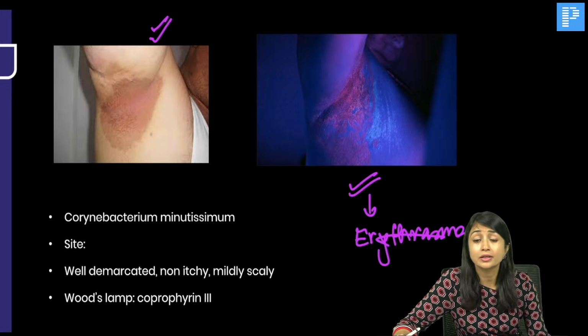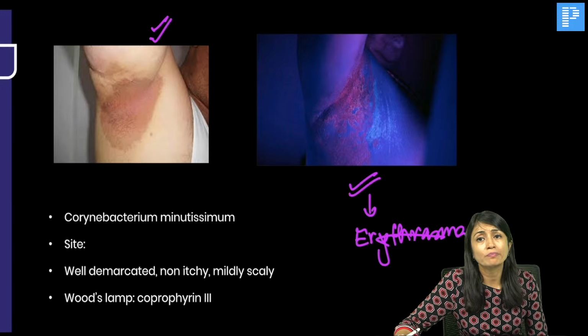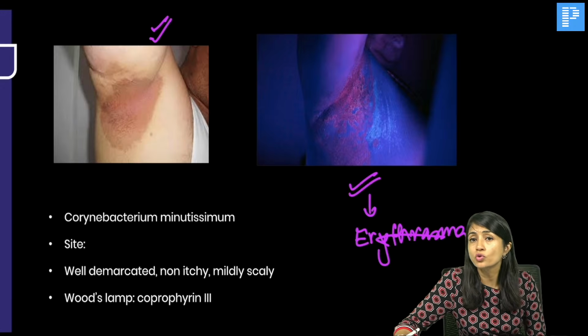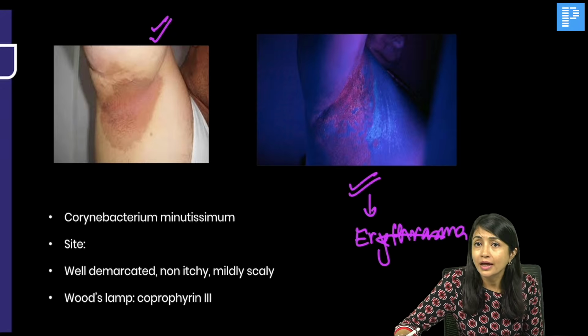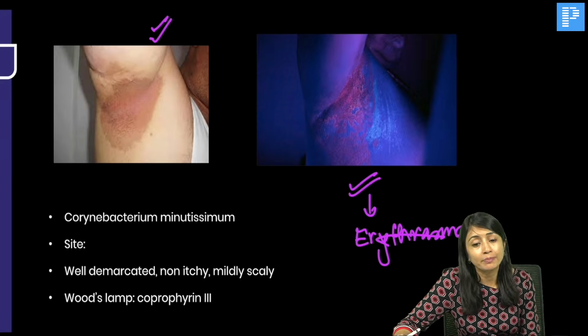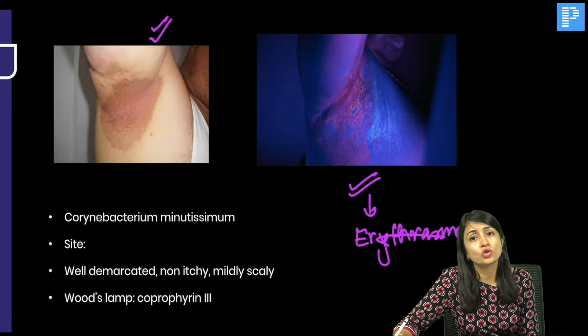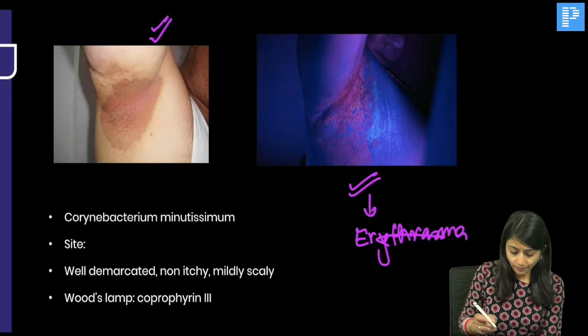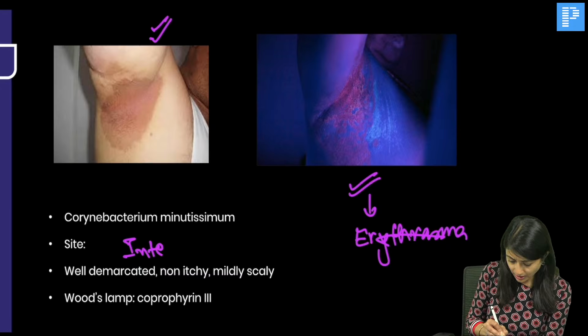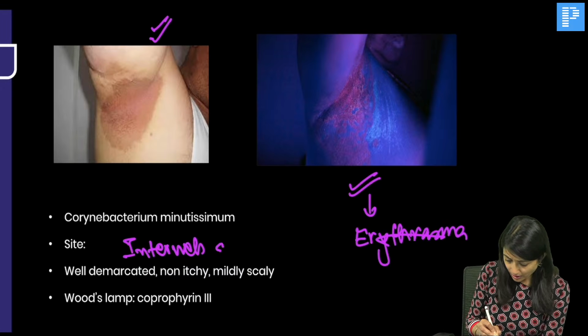Finally, I got the right answer. So, it is the toe web space which is considered the most common site for erythrasma. Erythrasma can happen on the axilla, it can happen on other sites, but the most common site is the interweb space. Remember that, okay? So, the most common site is the interweb space, and apart from that, yes, it can also affect